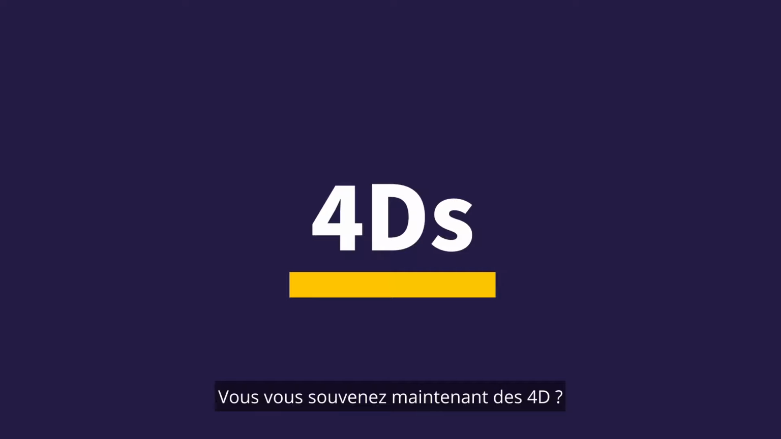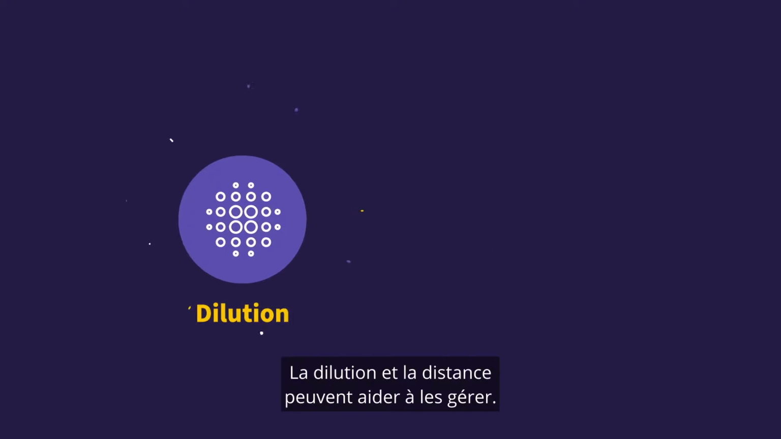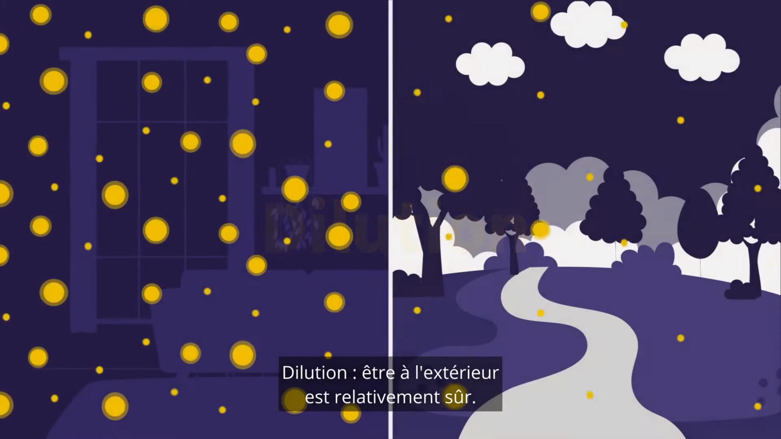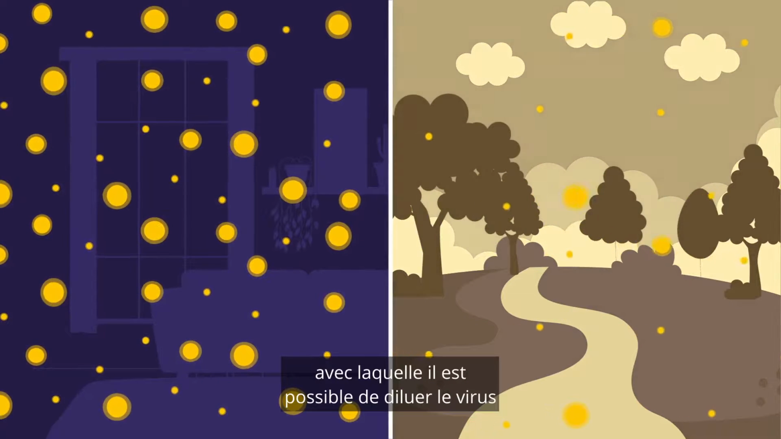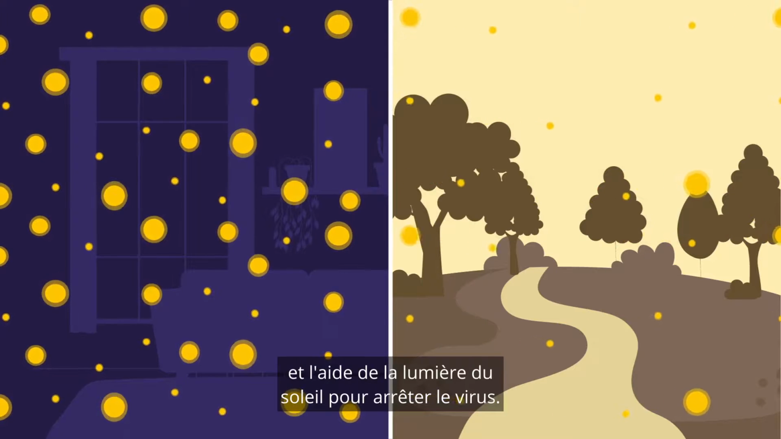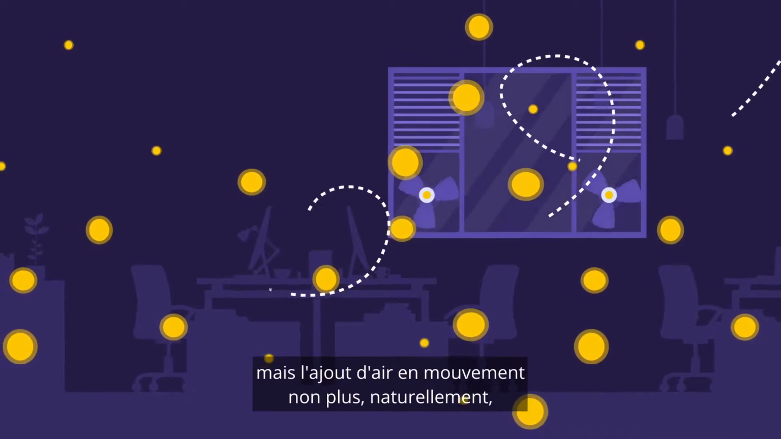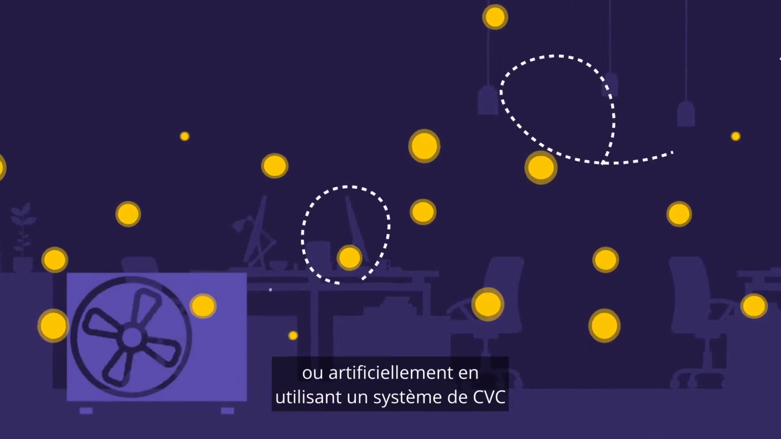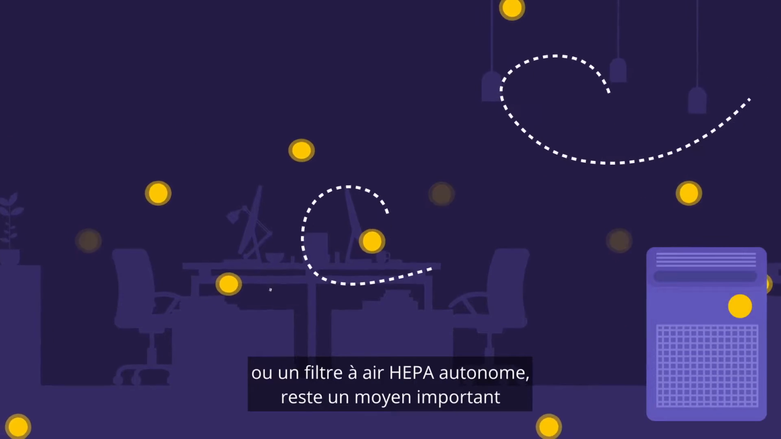Now, remember the 4 Ds? Density and duration help to determine your risk. Dilution and distance can help manage it. Dilution. Being outdoors is relatively safe compared to being indoors, thanks to how easy it is to dilute the virus due to more open space, moving air, and the aid of sunlight to stop the virus. When indoors, sunlight can't help inactivate the virus, but adding moving air, either naturally, through open doors and windows, or artificially, using an HVAC system or a standalone HEPA air filter, is still an important way to reduce the risk